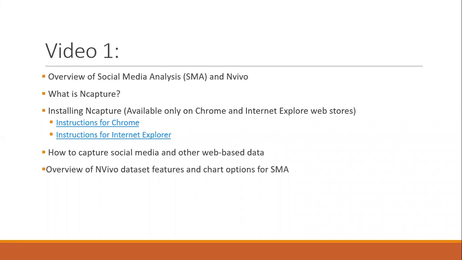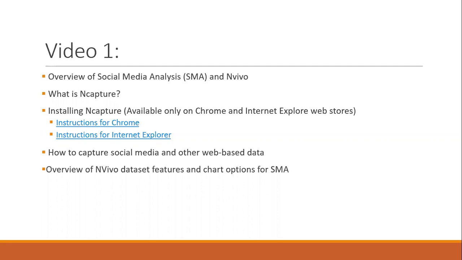YouTube, you can download YouTube videos either with or without comments or as a web page PDF. The video will be imported in a codable video format, whereas the comments are imported as a data set, which you can then code or auto-code. You would do the same thing where you provide a source name, a description, and then just click capture. You can also code it as an existing or a new node before clicking capture in case you wanted to code the data as a node in NVivo.